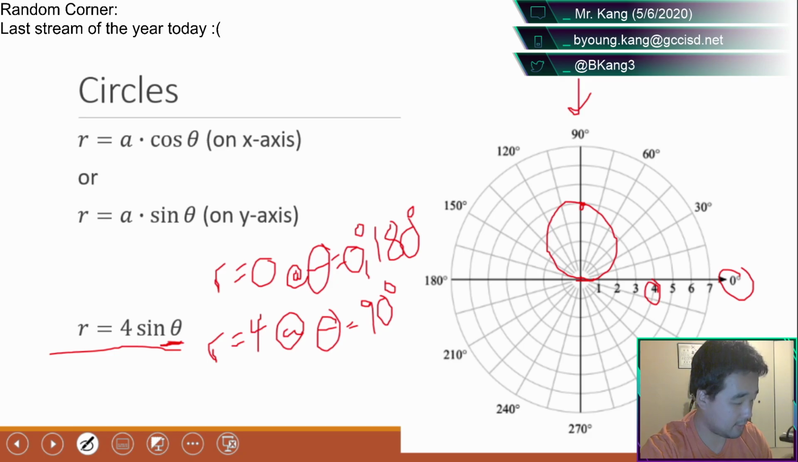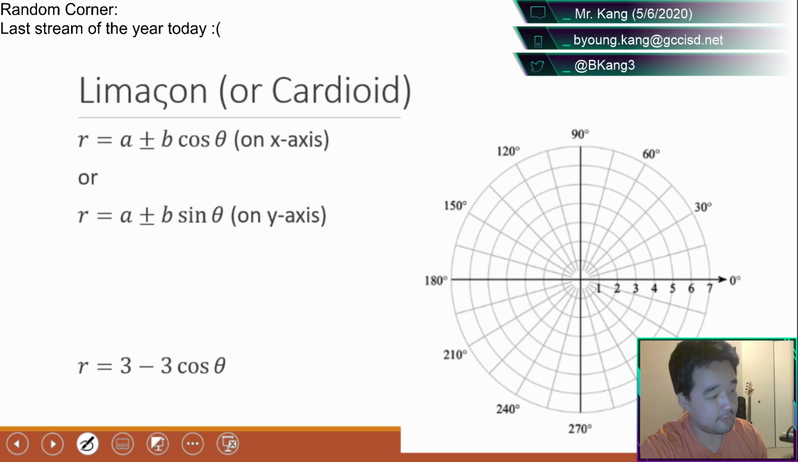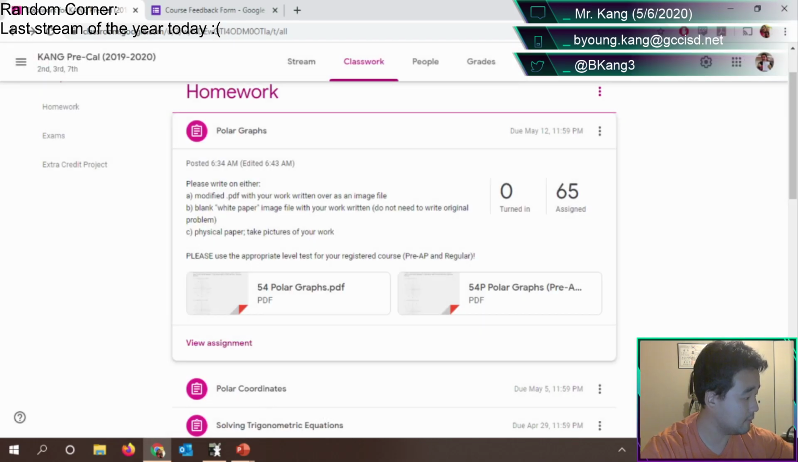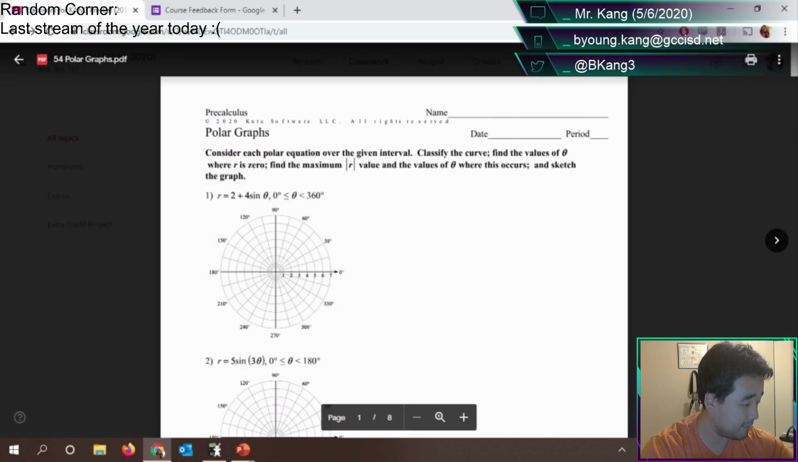Let's move right along. The next type of polar graph is called a limaçon, or a cardioid is the, I guess, other technical name for it. Okay, so a limaçon. So what does a limaçon look like? Again, they're all going to be some form of sine or cosine. And for all of these, whenever it's asking you for the name of the graph,